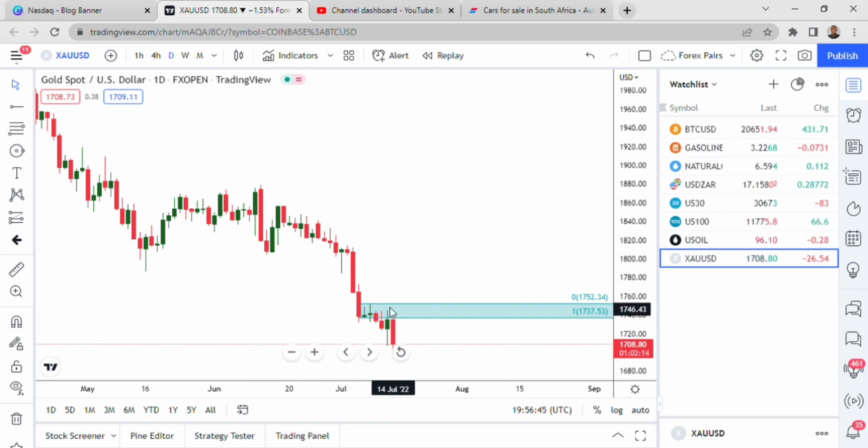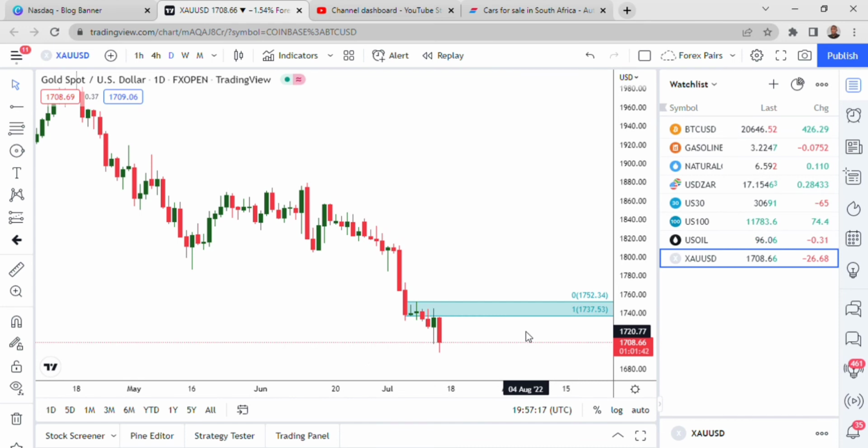Why? Because we don't yet have price action away from the zone, because we want the price to play away before it can come back, then we can trade it. But in this case, we can't say we're taking a sell here. Why? Because this zone formed, but we never had price action away from it, so it was not worth it. Even though the price, after going back to it with this green candlestick, got rejected and went down again, it was not worth it, because it never took off from that zone, right?